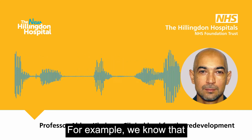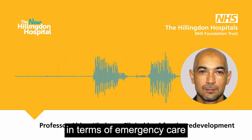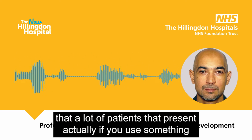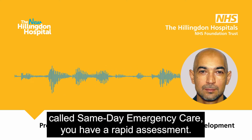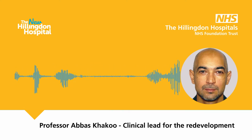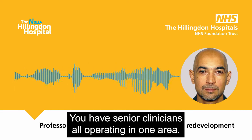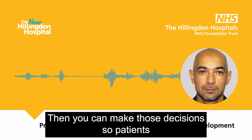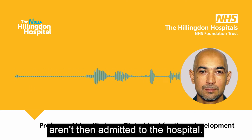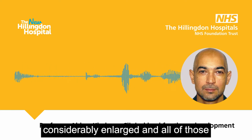For example, we know that in terms of emergency care, a lot of patients that present, if you use something called same-day emergency care, you have rapid assessment, you have diagnostics on site, you have senior clinicians all operating in one area, then you can make those decisions so patients aren't admitted to the hospital. So the urgent emergency care has been considerably enlarged, and all of those